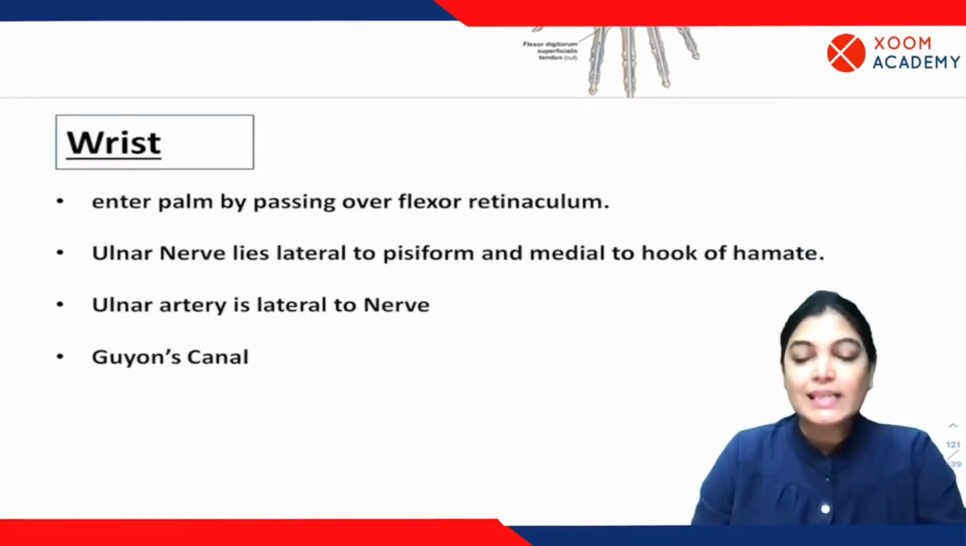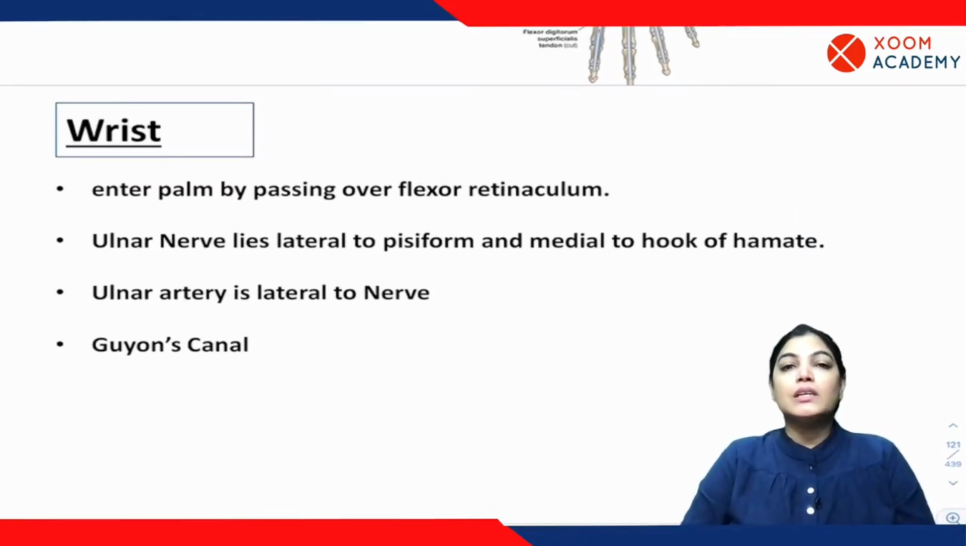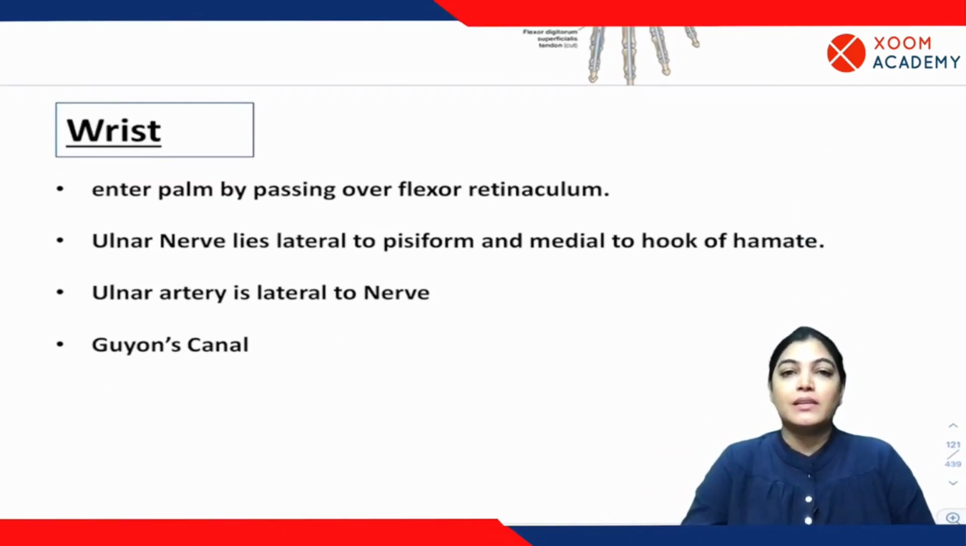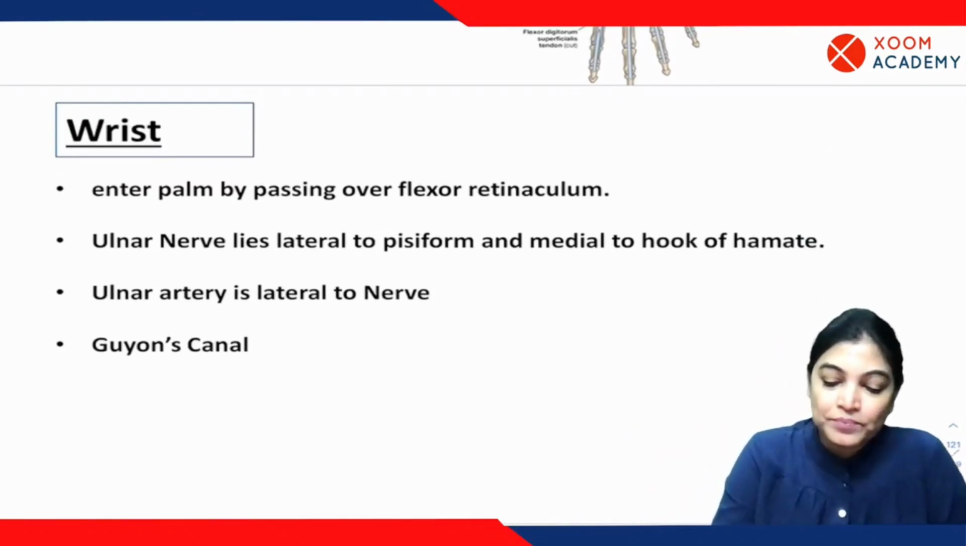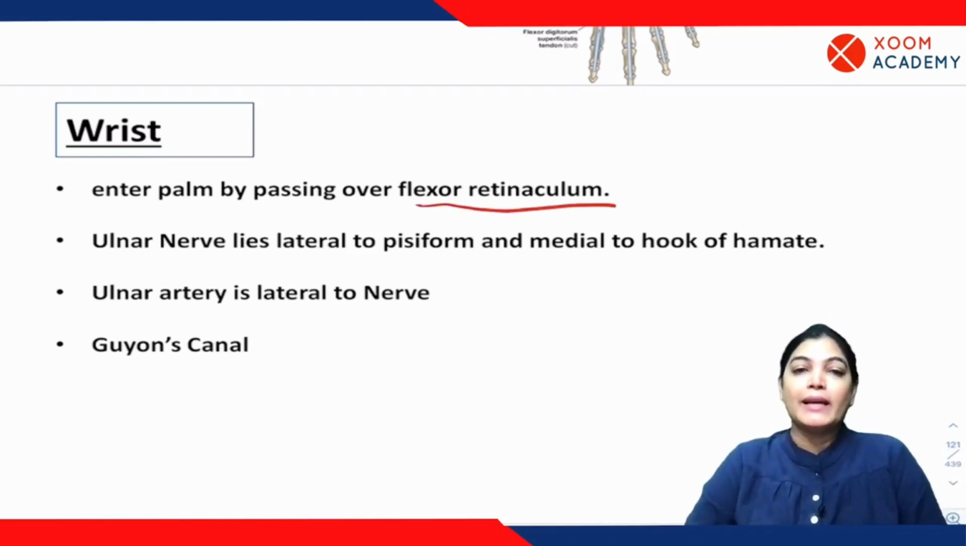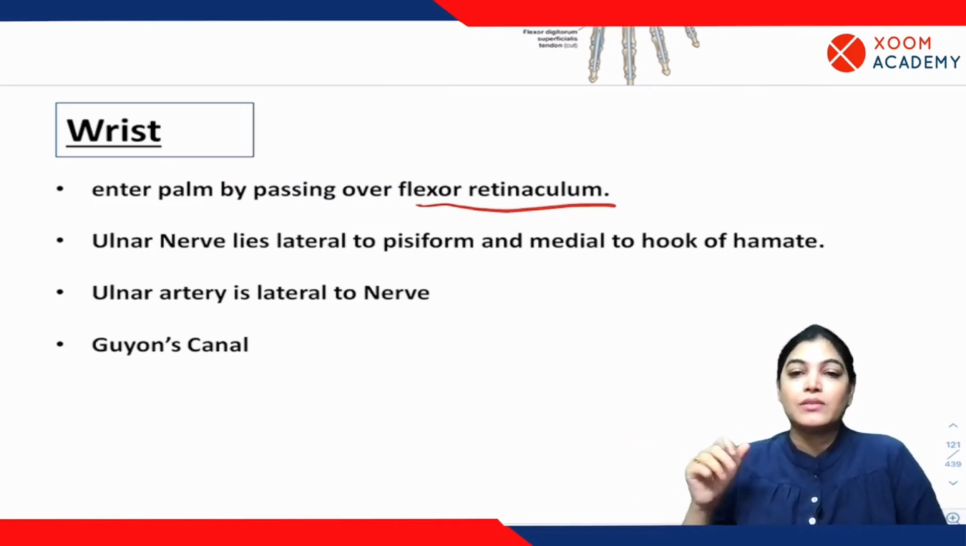Now, let's see the further course at the level of the wrist. One more important anatomical relation is that the ulnar nerve passes superficial to the flexor retinaculum. What is the flexor retinaculum? The flexor retinaculum, which is also called the transverse carpal ligament, is bridging and covering the flexor tendons. It is very important for keeping all the flexor tendons together when they are traversing at the level